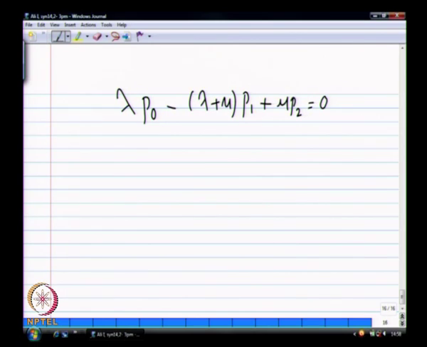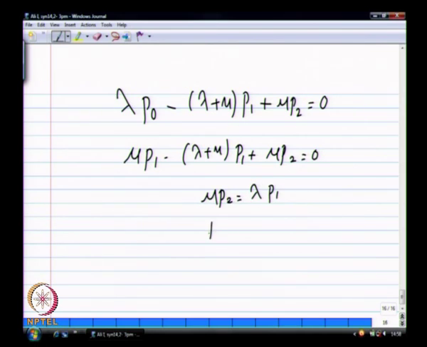So how do you simplify this? Lambda p0 is equal to mu p1, we saw that last time. Therefore mu p2 equals lambda p1, p2 equals